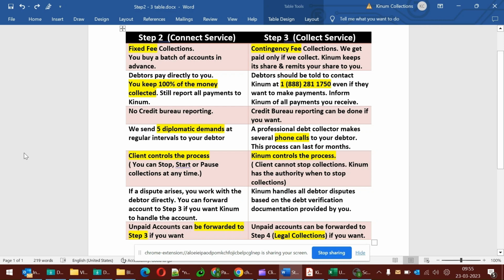Good morning. In this video, we will see how to use the Kinum Client Portal. Before we start, let us quickly understand the Step 2 and the Step 3 services to avoid any confusion when